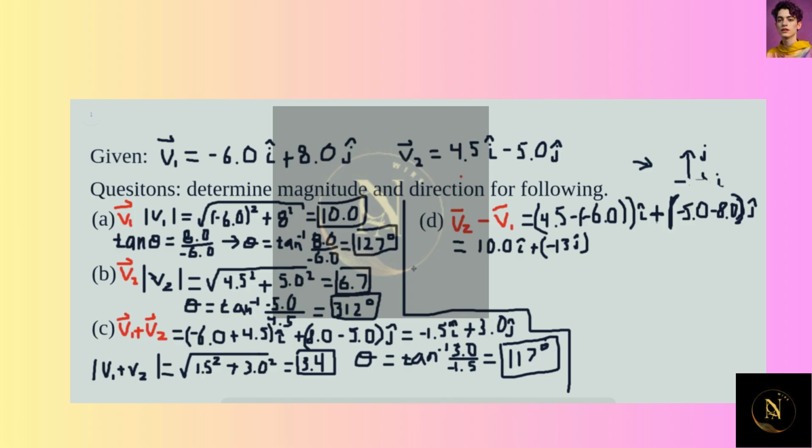Okay, so now we want to determine the magnitude of V2 minus V1. Oh, magnitude represented again by these bars. Okay, so that's going to be same formula as before, the square root of the square of both sides added together. So we have 10.0 squared, and then plus minus 13 squared, but a negative number squared is just a positive number. So we can write plus 13 squared. Okay, and if you carry out this operation,